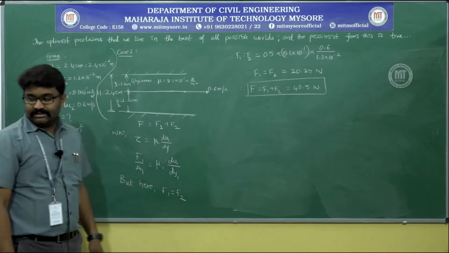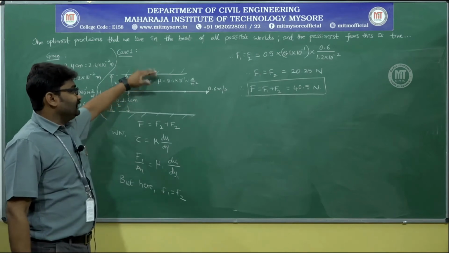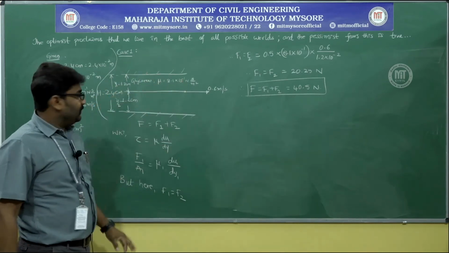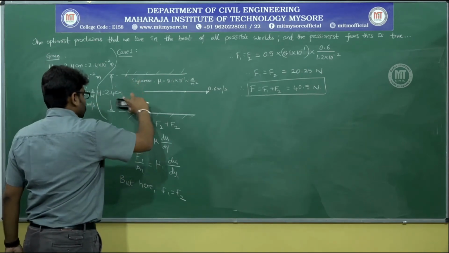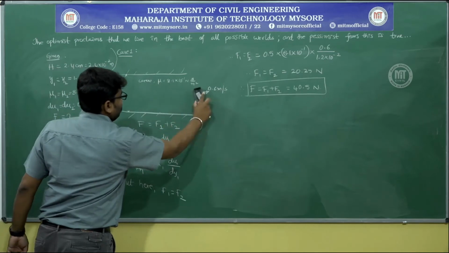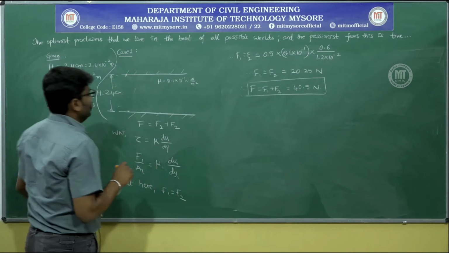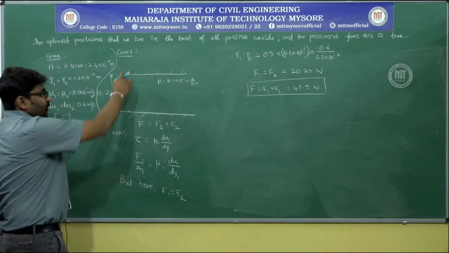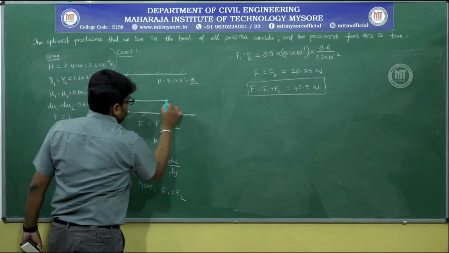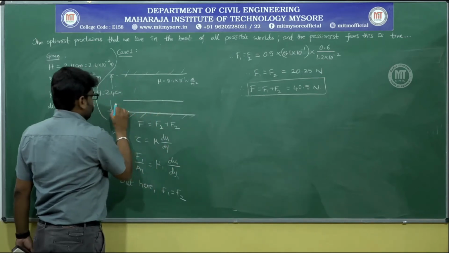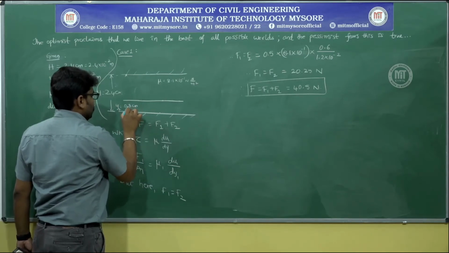Coming to the second case, what do we have in the second case? This plate is 0.8 centimeter away from one of the plates. So that will be the part that is going to change here. Glycerin will remain the same. So I will only write it as mu here. Now let me take it 0.8 centimeter from the lower plate. So this is Y2 is equal to 0.8 centimeter.